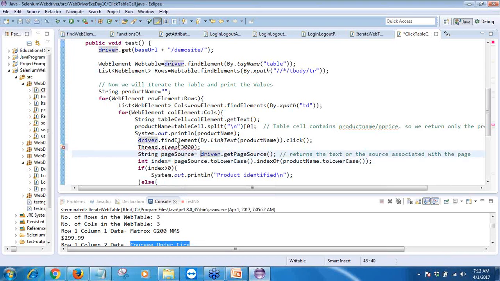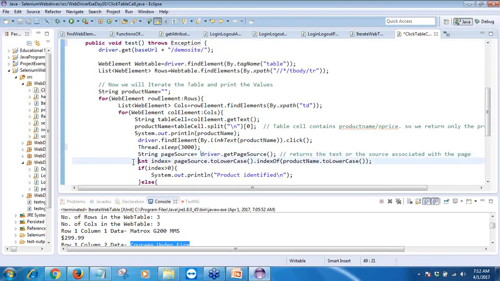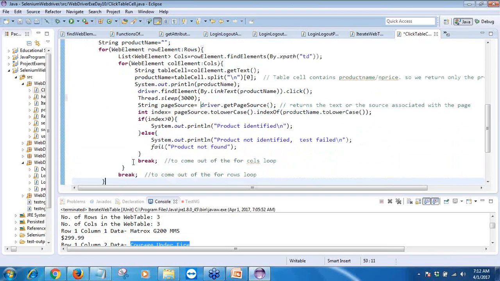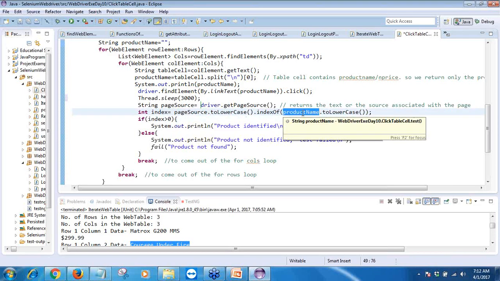Once the source is fetched, we go ahead and find out whether in this particular page, when we have fetched all the text converting into lowercase, we want to find out whether the product is available or not. Okay, so we want to verify whether the product link which we have clicked, that particular page has opened only,